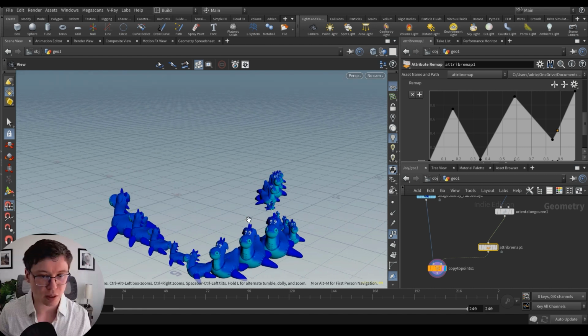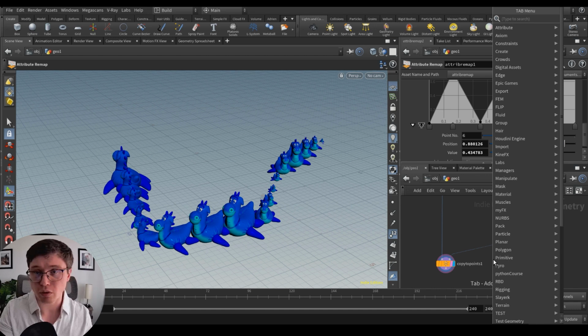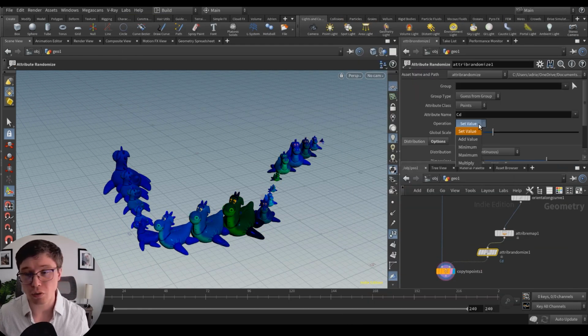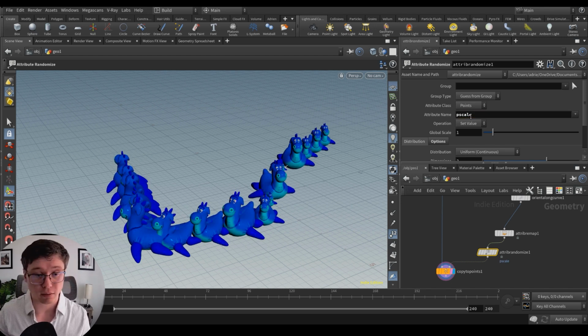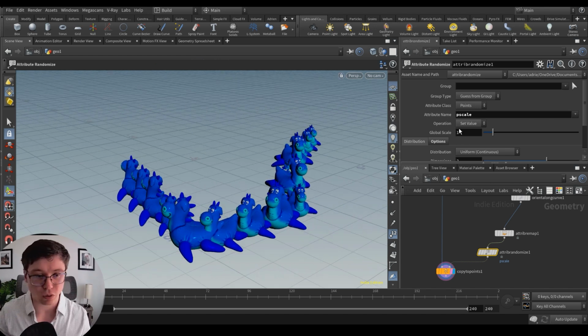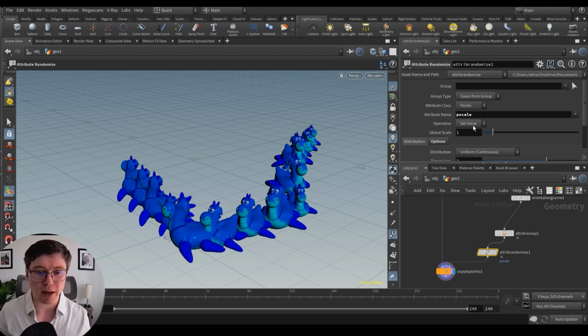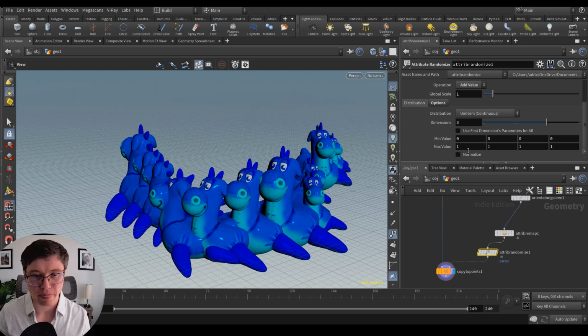So that's pretty convenient. If we would want to randomize on top of that, basically we have an attribute randomizer, and we are not forced to let this guy set values. We can also add values on top of that. By default, it's trying to set some attributes on the color CD, but we could say I want to use the pscale. And then, as you can see, the set value is sort of overriding everything. So what we'll do here is just use add values. And all of a sudden, that's a bit much, I would say, because it's trying to add a value of 1 on top of everything. So it's hard to see.